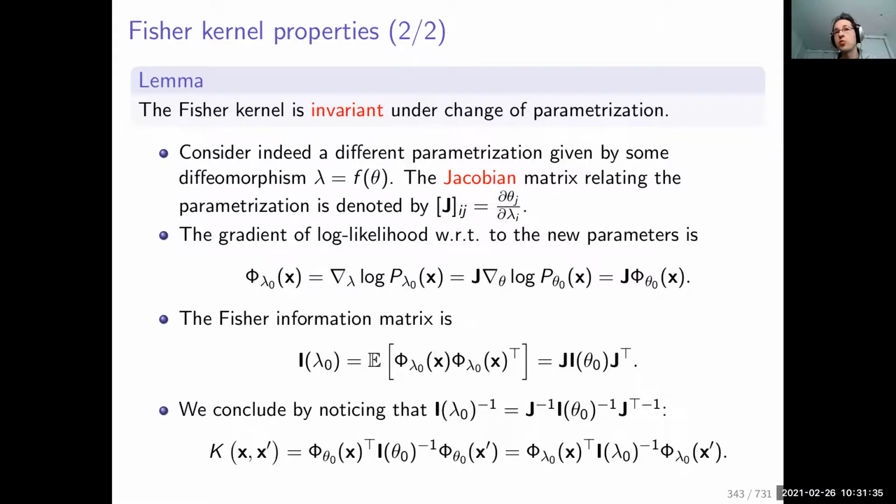It's a nice justification that the Fisher kernel is a natural way to encode distances with respect to a probabilistic model, because it uses exactly the Fisher scores, which have this nice interpretation in terms of the contribution of each parameter to the probabilistic model. But in addition to that, it is also invariant with respect to the parametrization. So that's one of the main properties of the Fisher kernel.